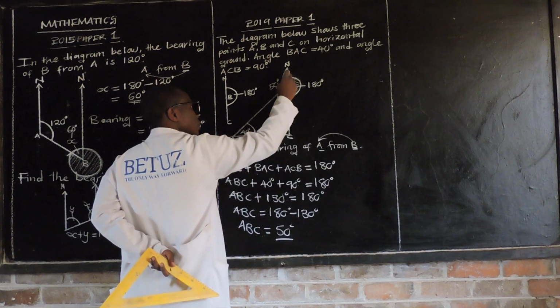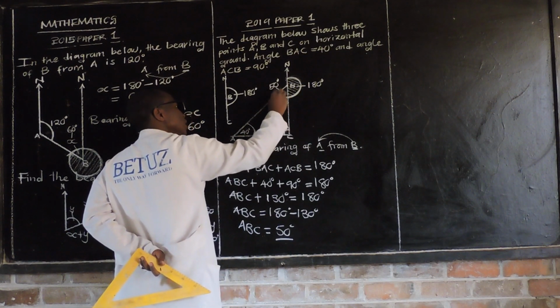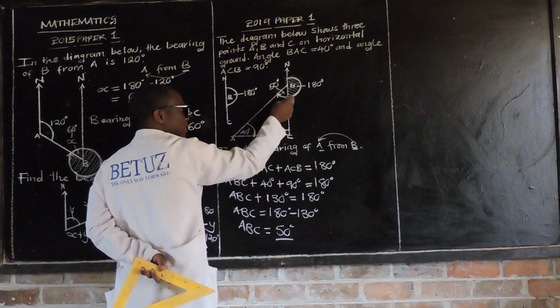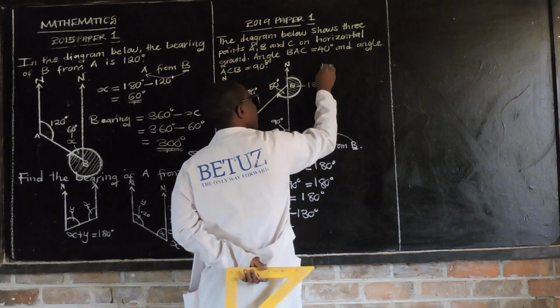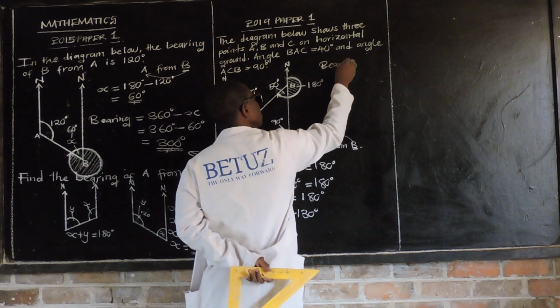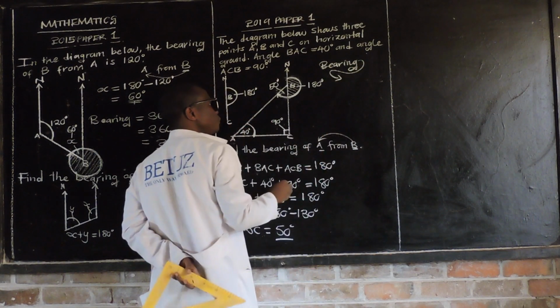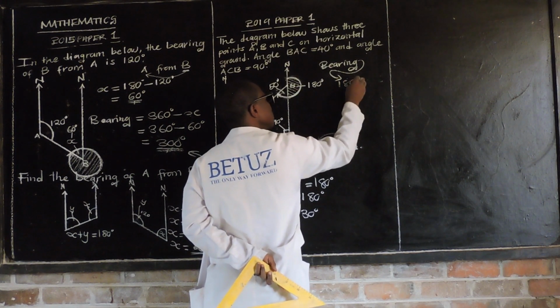So now we want the bearing of F from B. From the north of B going to A, this is the amount of turning they want. So we just add the shaded part, which is 180, plus this unshaded part, which is 50, to find the bearing. So the bearing is equal to 180 degrees